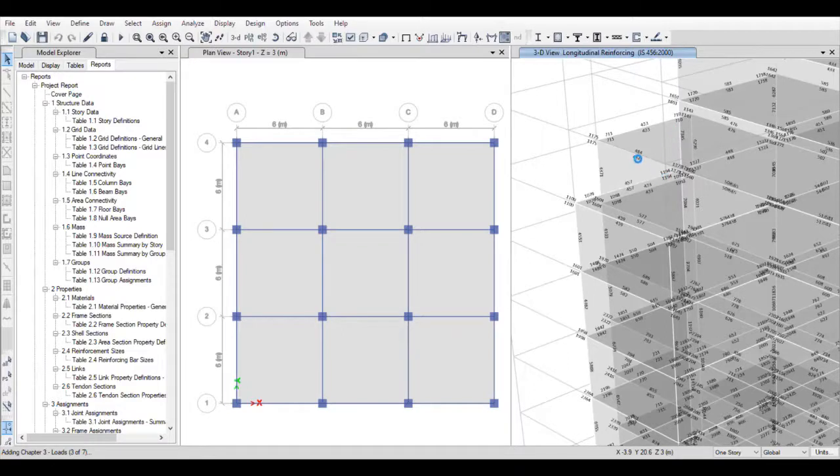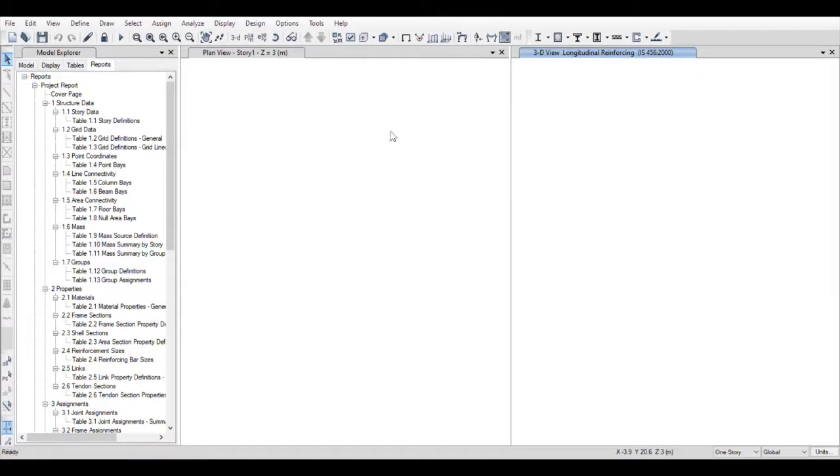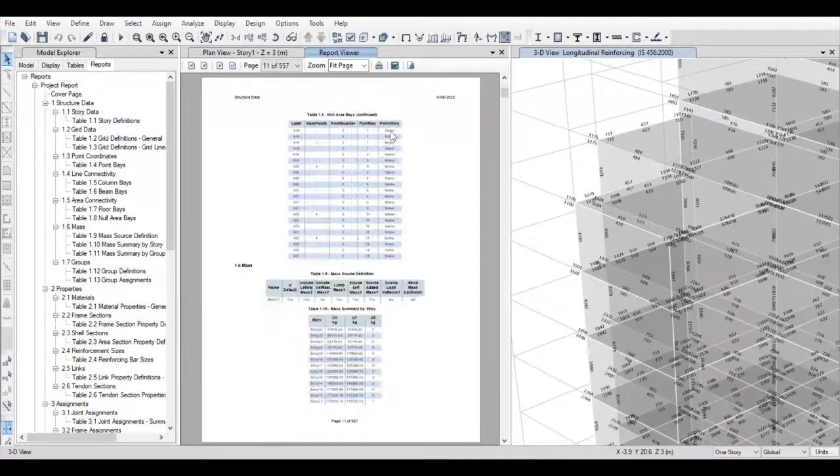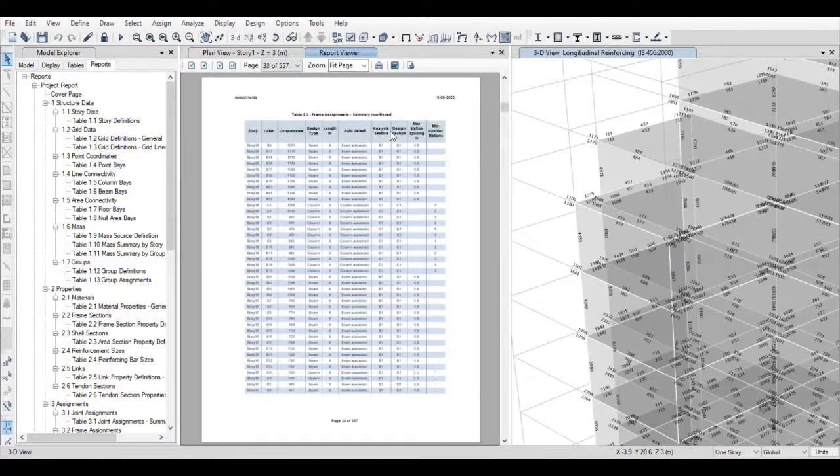All the values shown in the 3D tab are the longitudinal reinforcement values required. You can right click on any of the members to see the details of the reinforcement in that particular member. The software will take some time to generate the report. After the reports are generated, you can download it and provide it to your client. So as you can see, the report has been generated.